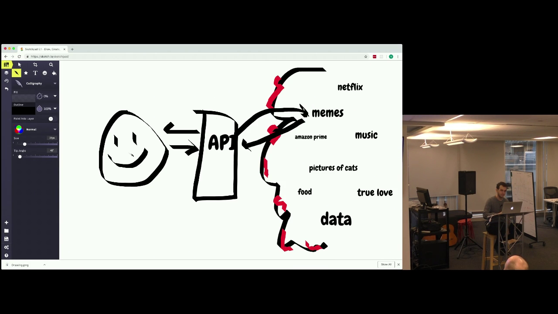If I can use an API to communicate with the memes and with Netflix and with music, right? Another person could use it, right? Or a computer, right? This is my little computer, it's like a little robot with an antenna. I'll give him little 8-bit eyes. There you go. So this computer, and I'll label these.